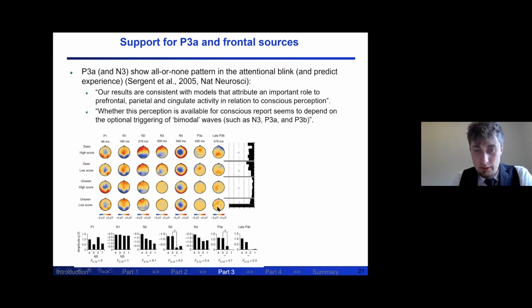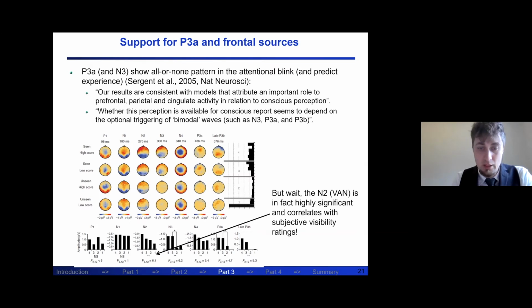And what they then look at is the components. So let's see, for instance, the P3a, they say that there is nothing, and then something. And if indeed you plot the peak of the components, you see this all or nothing, and again all or nothing, and here as well, all-or-nothing signal. So you have this rapid transition, and then they say that these are the correlates of conscious experience in